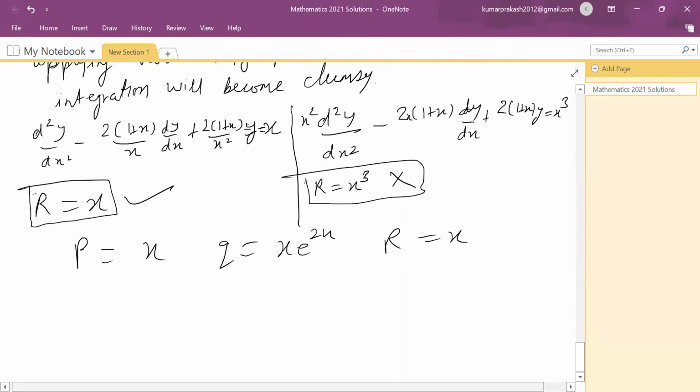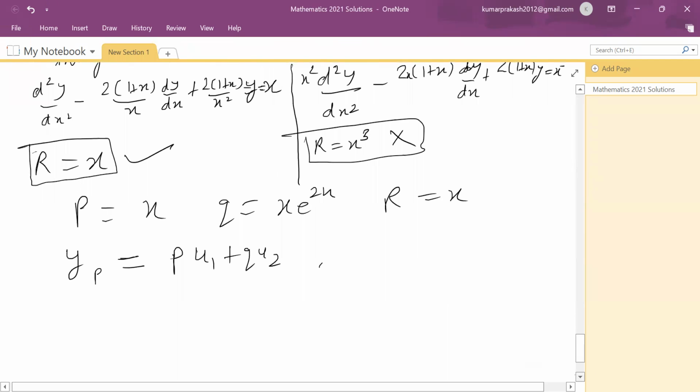Now by variation of parameters, we know that y_p is equal to P into some, let's say, u1 plus Q into u2. You can use any variable that you like, where u1 and u2 are parameters,